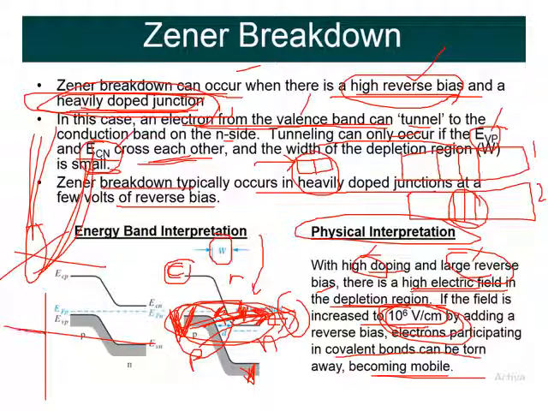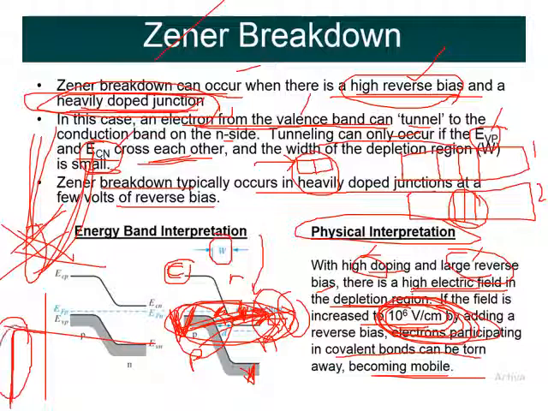And hence we have seen the current direction, right? The nature of current is steeply changing in Zener breakdown. Why is it so steep? Because most of the electrons are tunneling and moving freely, right? They are in the conduction band. So if this electric field is achieved, most of the covalent bonds will be broken, the electrons will be free, and because most of the electrons are free, it causes more current. So here we are seeing the current sharply increasing in the reverse direction.